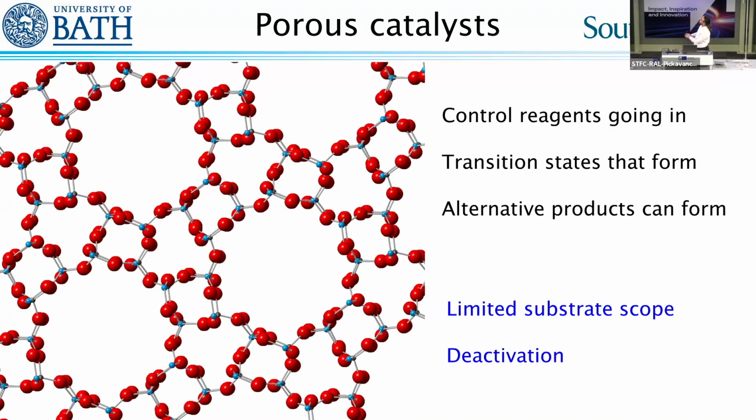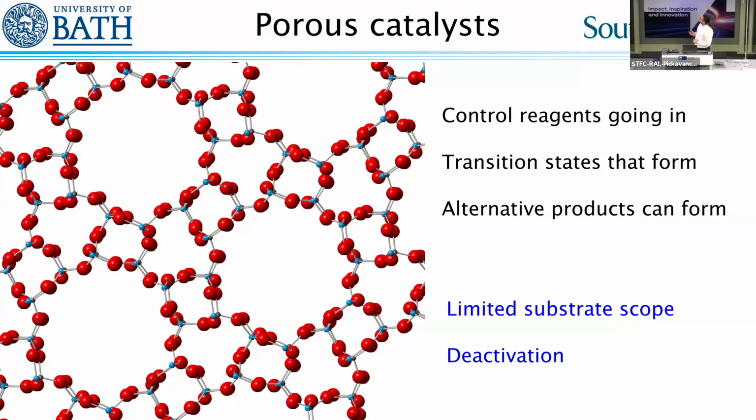This has a pore diameter of about 7.3 angstroms. Microporous materials are absolutely fantastic for catalysis. They're great in the way that they give you so much control over the reaction you're doing. You can control what reagents can fit into the pores and therefore reach the active sites in the middle. You can control what transition states form by forcing the reaction to happen inside this confined environment. You can also force alternative products to form that wouldn't normally happen. There's papers where people have taken cyclohexane and turned it to adipic acid, which is certainly not in the undergraduate